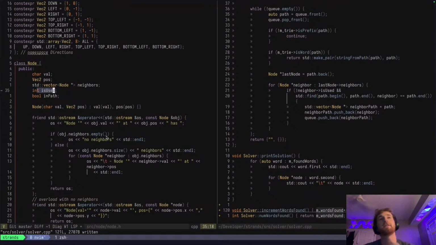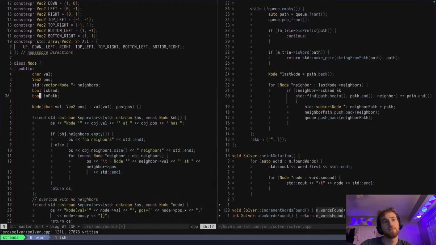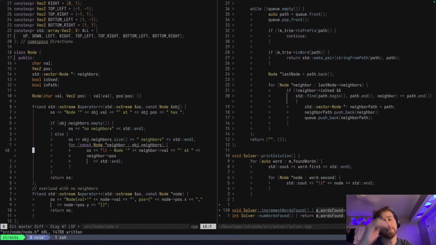I think I could maybe use an enum for this, because I'll only ever have like 10 words or something like that. But how would that work here? Change this back to bool. And then